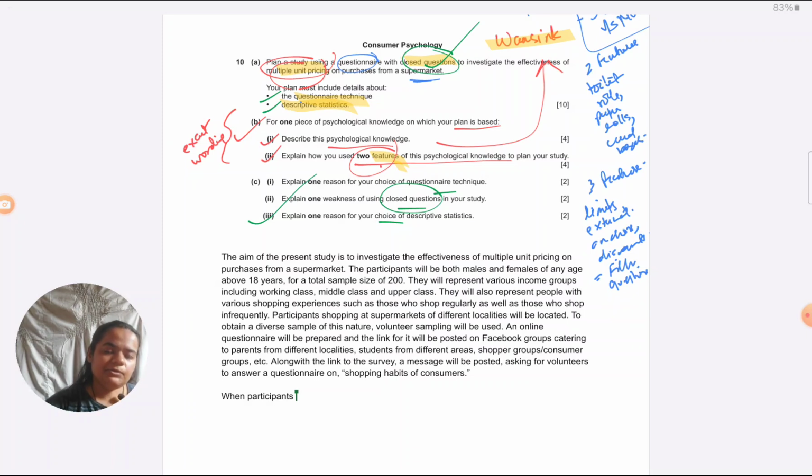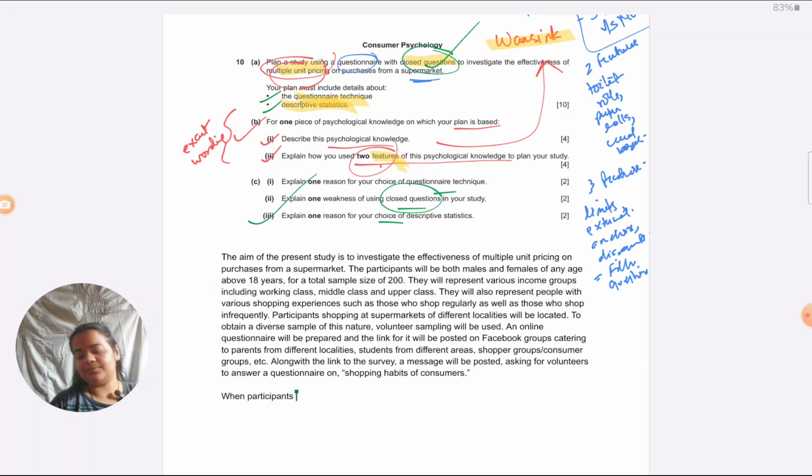If you want credit for talking about ethics, please make them relevant to the study that you're designing. Relate every ethical guideline that you're taking up to this particular study. Why should anyone give you marks when, within a design a study question, you're just going on naming one ethic after the other? It just looks like you've learned a bunch of ethics and you're just going to throw them in whichever answer comes. Of course, you're not going to get credit for such things. So make sure whatever you're writing is relevant to the study and show how it is relevant in your answer.